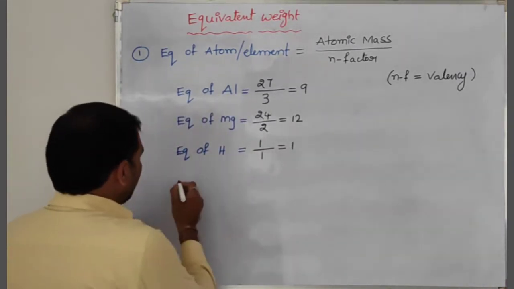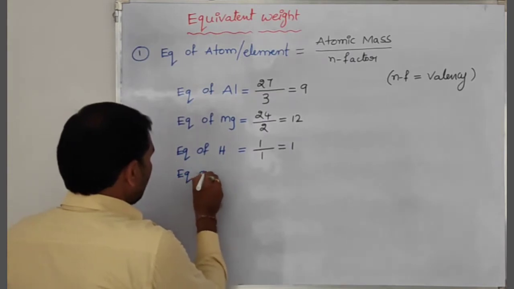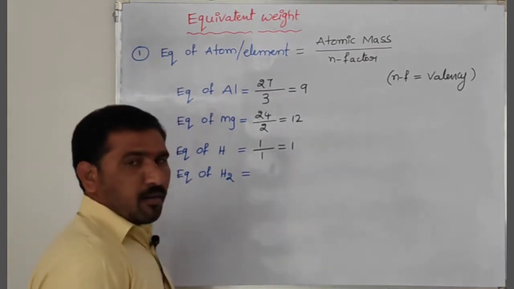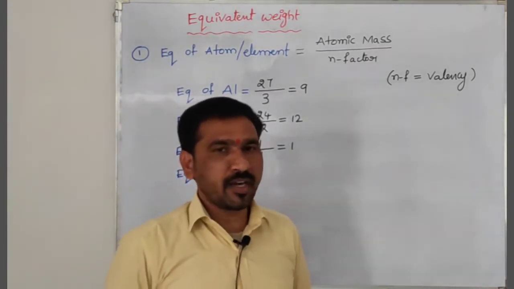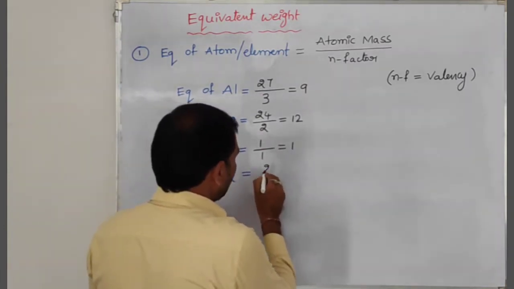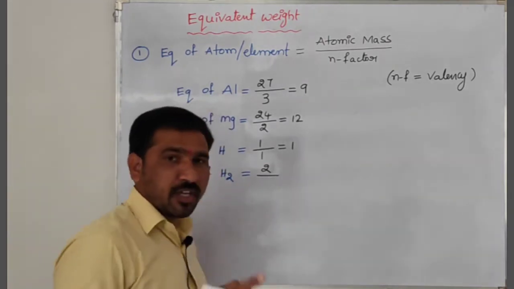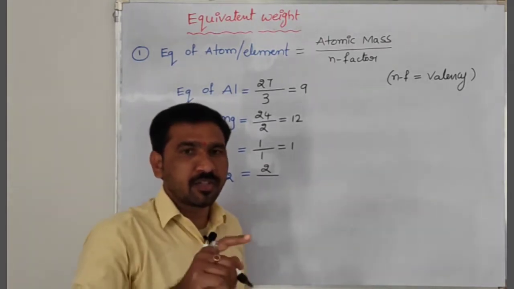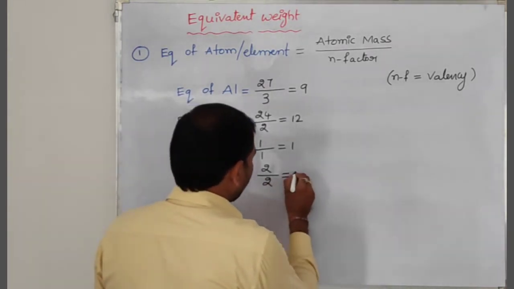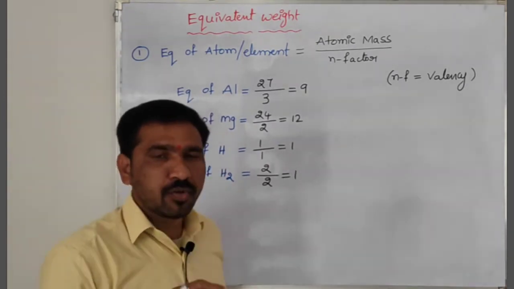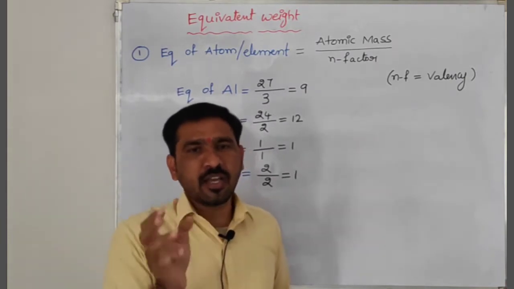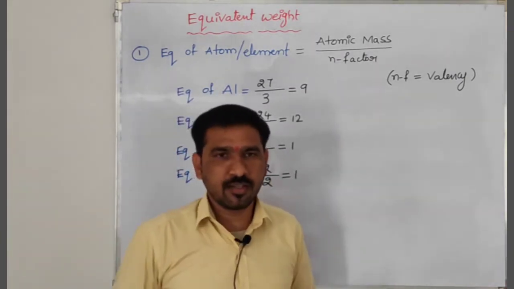Like that, equivalent weight of H2, if we take the molecule, this is a homodiatomic molecule. Its equivalent weight is the molecular weight of hydrogen, 2 grams, divided by the n factor. Each hydrogen n factor is equal to 1. Here 2 hydrogens are there, therefore 2. Like that we get 1 again. It means hydrogen equivalent weight, whether in atomic situation or molecular condition, whatever it is, will be 1 only. Okay, right.